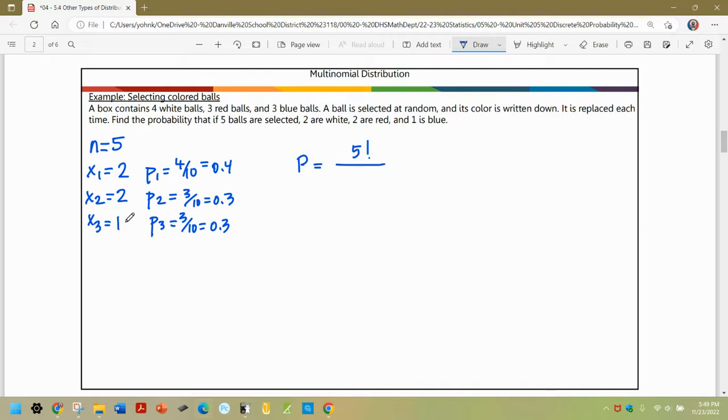So to find the probability, I put n factorial, or 5 factorial, on the top. Then on the bottom, we have our x values with factorials. So 2 factorial, 2 factorial, and 1 factorial. Remember, the bottom numbers 2 plus 2 plus 1 should equal the top 5. Now we're going to multiply by